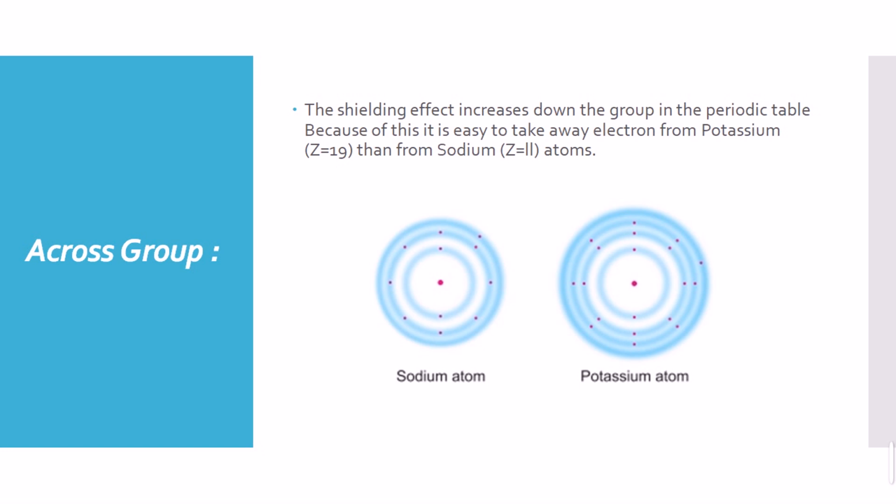So this is the common thing: as we move along the period from left to right, there will be an increment of protons and no effect on the shell number. So the size of the atom will decrease, and the other properties, like ionization energy, will increase in the periods when we move from left to right.